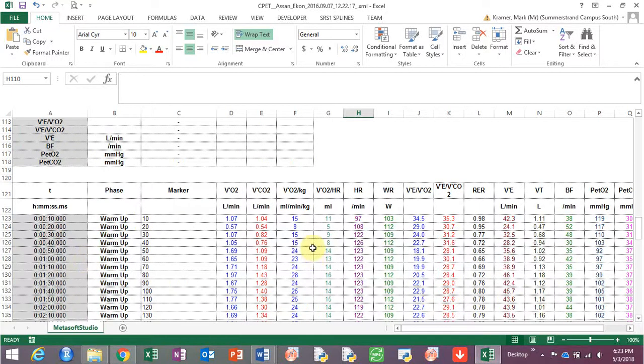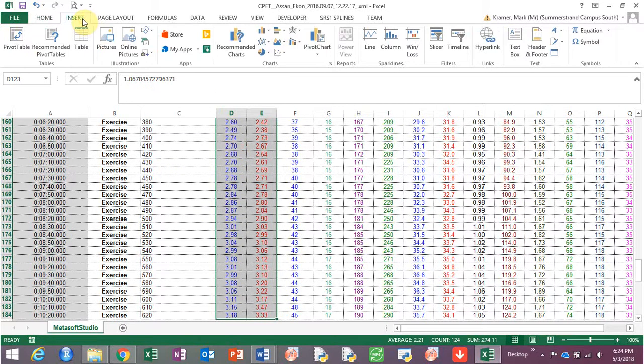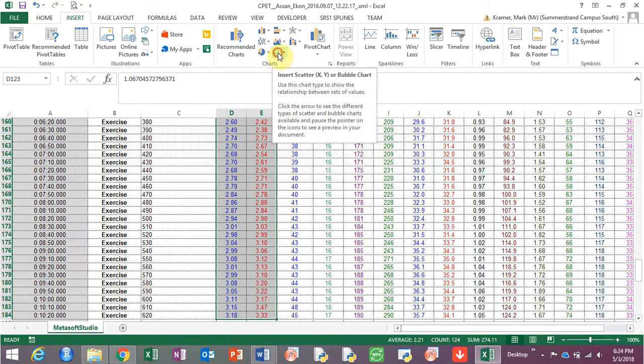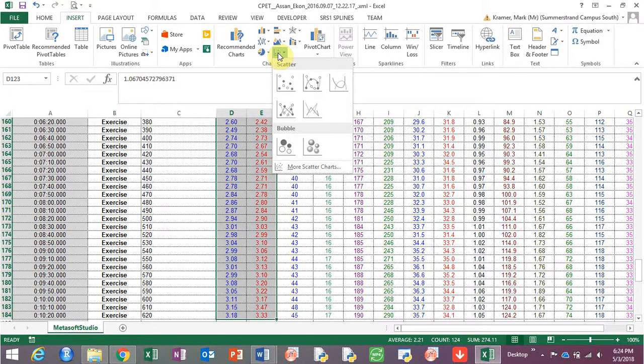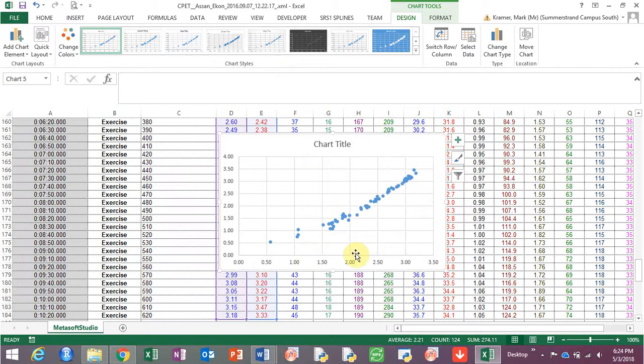Okay, so for example, the V-slope method is where you plot VO2 on the x-axis and VCO2 on the y-axis. It looks something like this. So what you can do is just hold the shift button, press the right button, then press Control, Shift, and down. It'll highlight all the cells associated with those columns. Then go to Insert and Scatter Plot. Okay, if you don't have the 2016 version, just follow the same steps, but find the scatter plot in your version. It will then draw it